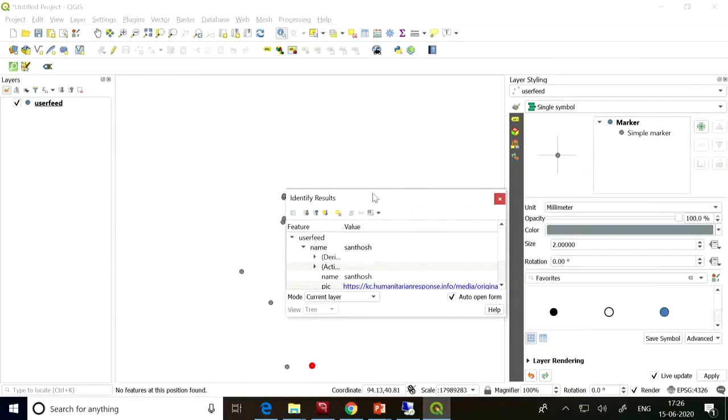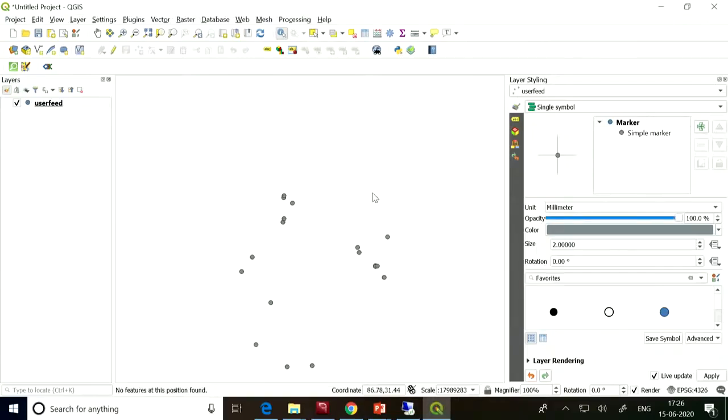So this data is collected to Kobo. If you go to the actual Kobo toolbox, then you need to download, click, then import, and that too is not possible in real time. But using this plugin, you can actually collect the data in real time. So this is one way.